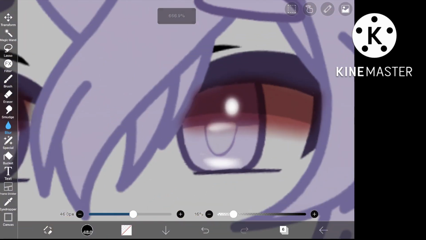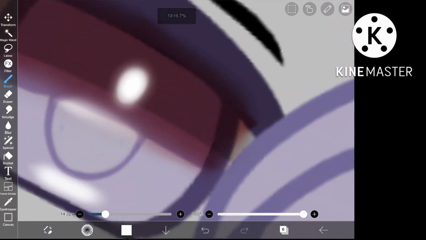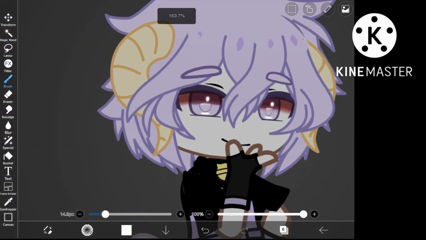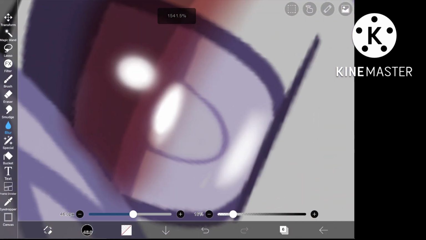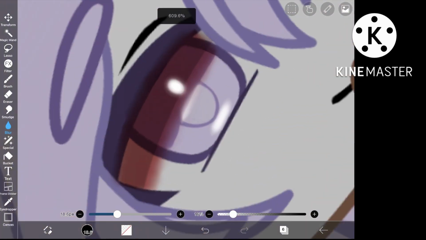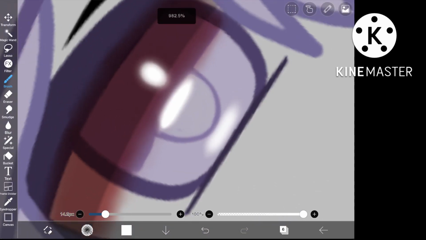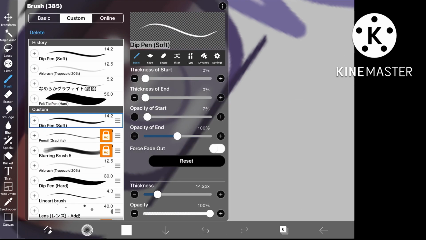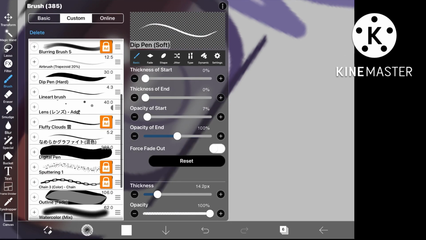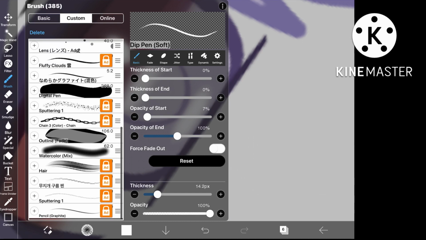You just blur it a little bit, and then you go over it to make it a little bit brighter, and you can edit that about as much as you want. And yep, that's just me making it a little bit brighter so it stands out more. But yeah, after that, you're kind of done. I mean, you can add any extra details, and maybe if you wanted to make your eye have a little bit more color in it,